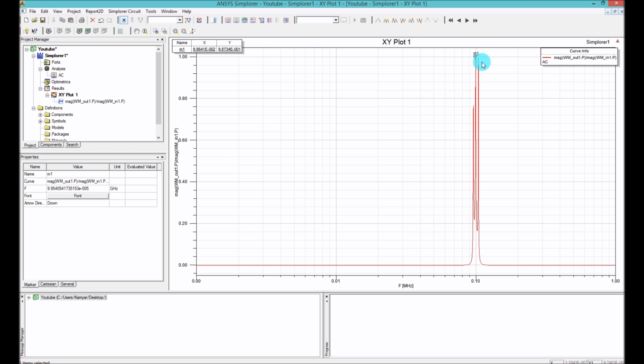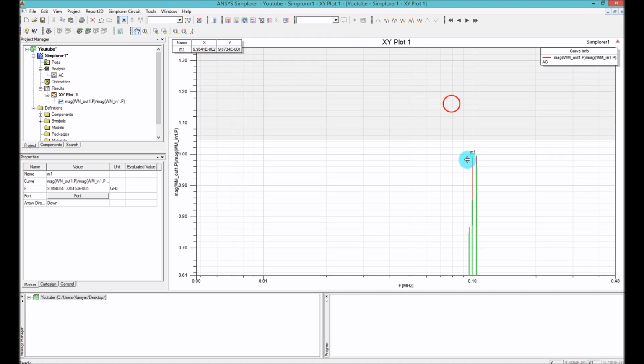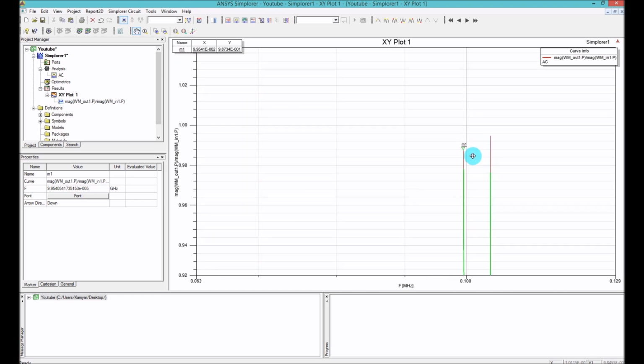But as you can see, the peak is not exactly on 100. This is based on megahertz, so when the frequency is 9.95, it's basically 99.5 kilohertz, and I think it is true because if you go to the WPC website, you can see that in very